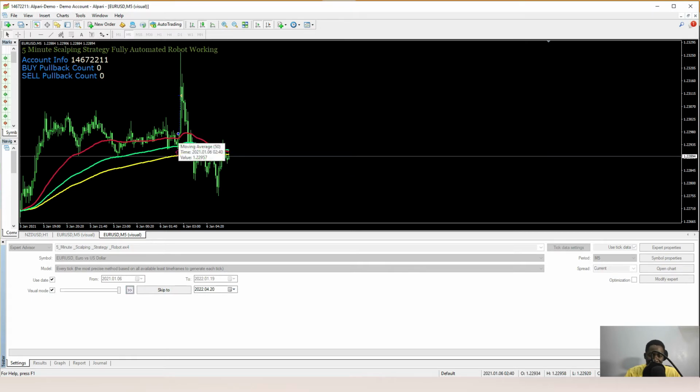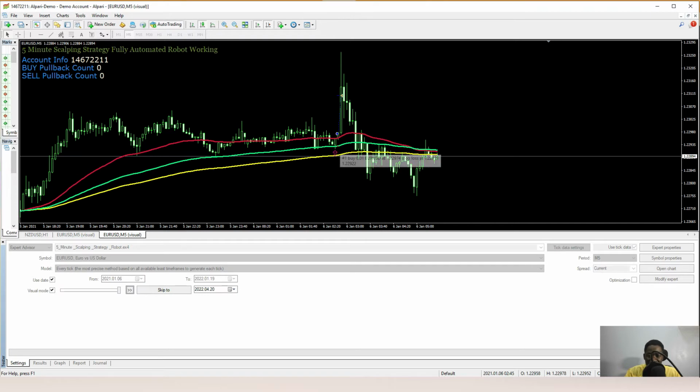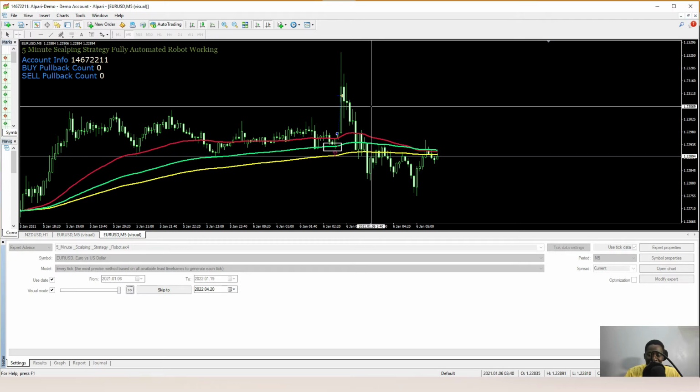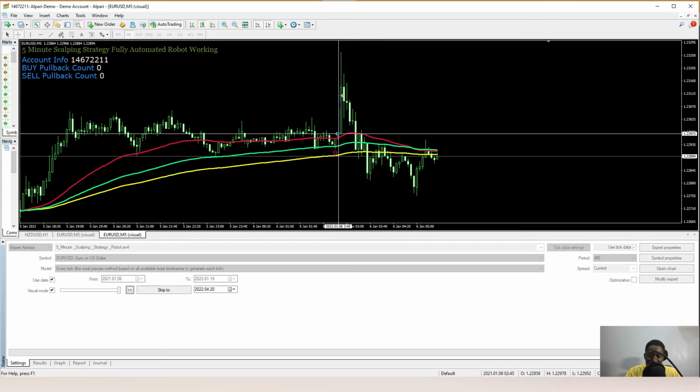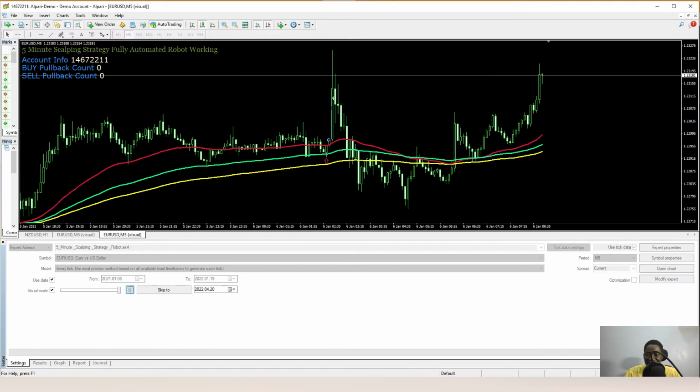So you can see our first buy trade. Now I want to show you something here. Look at this area. You can see the stop loss is on this moving average. Now let's do some calculation. Our TP is 3 ratio, right? Now let's calculate. This is 4 pips. So 3 times 4 will be 12. So let's see. You can see this is 12 pips, and that is where it closed the trade. Now let's continue again.